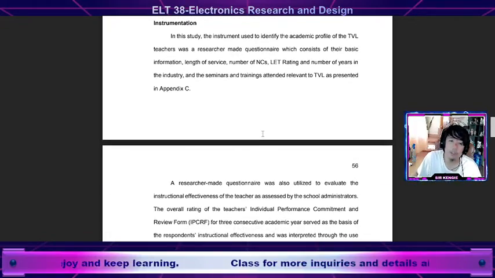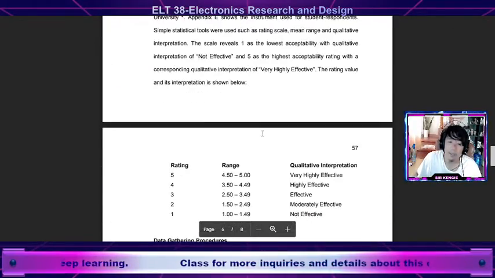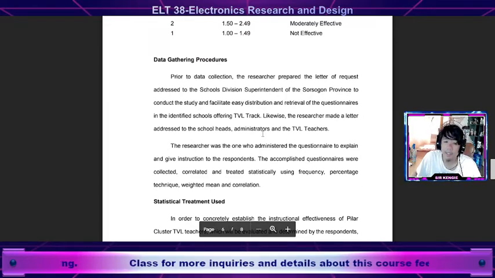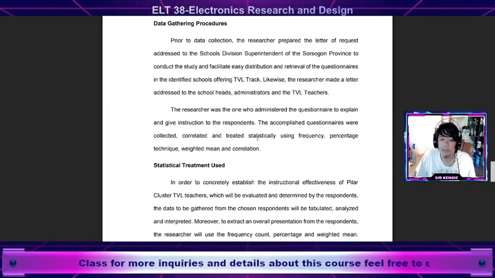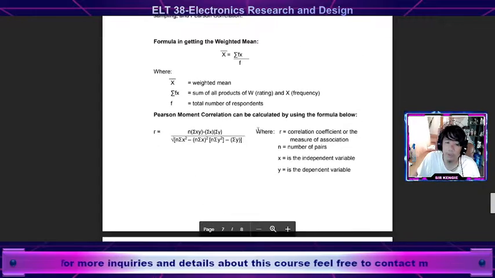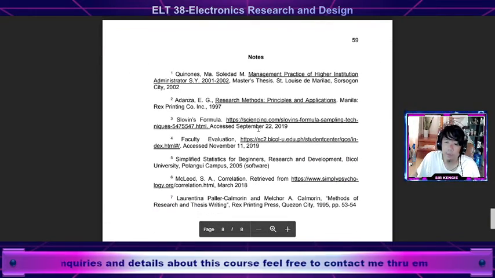Then the research instrument and the data gathering procedures, and last is the statistical treatment used, and don't forget also